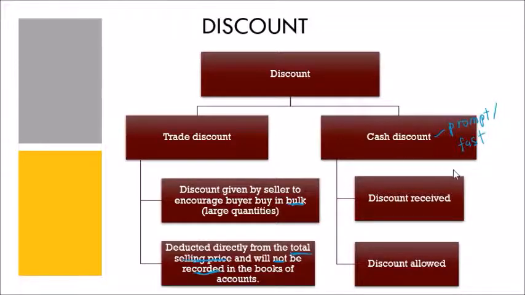Okay, there are two types of cash discount. The first being discount received, which is the seller giving to buyer. So we receive, okay, we receive the discount. Seller gives buyers the discount. Okay. So while for discount allowed,